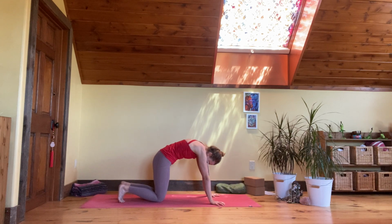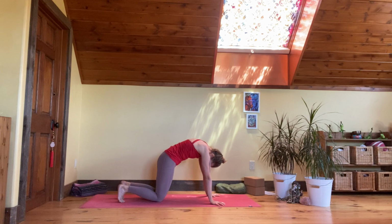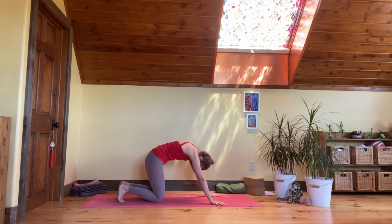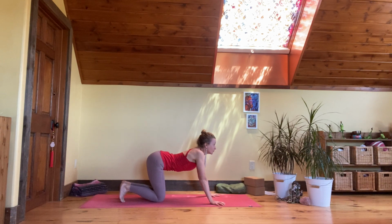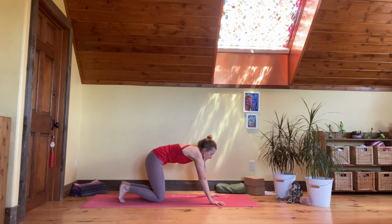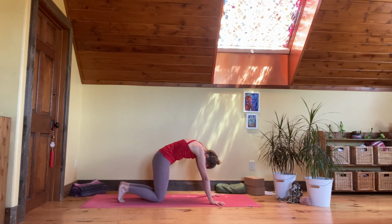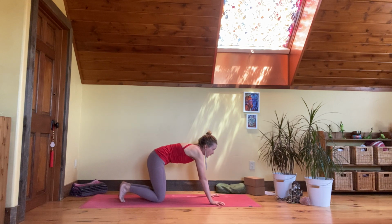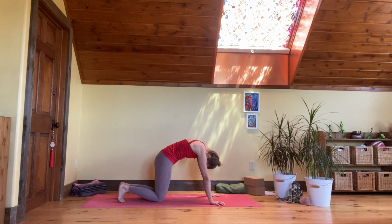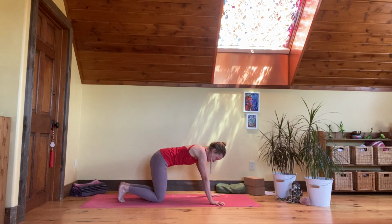And we arch the spine up towards the sky. Expand into the back body, into the middle back, upper back, shoulders, and then exhale, hollow the upper arm bones, and exhale, expand the back body, and inhale, and exhale, expand the back body, and coming back to neutral spine,